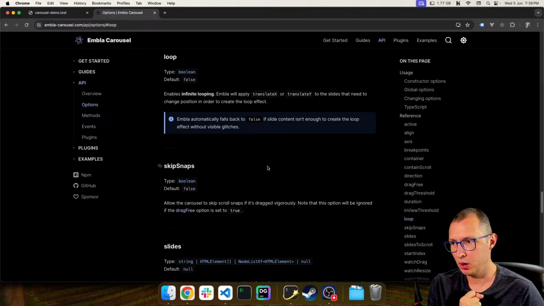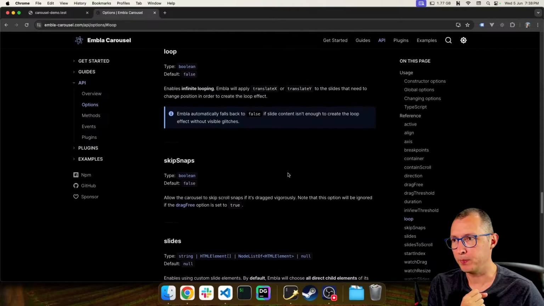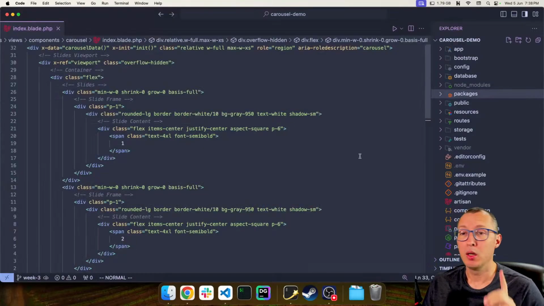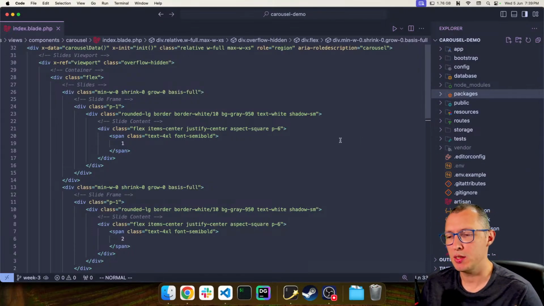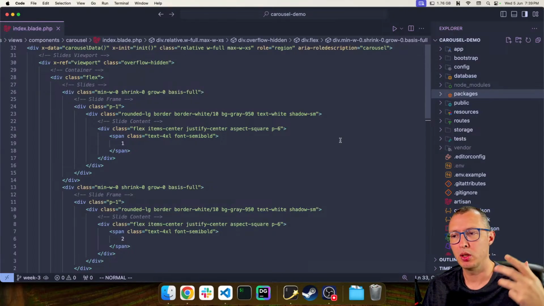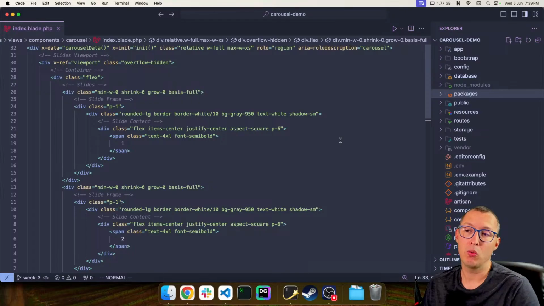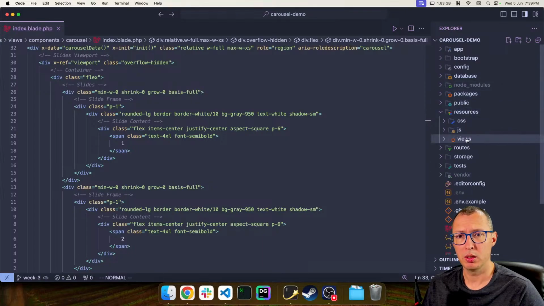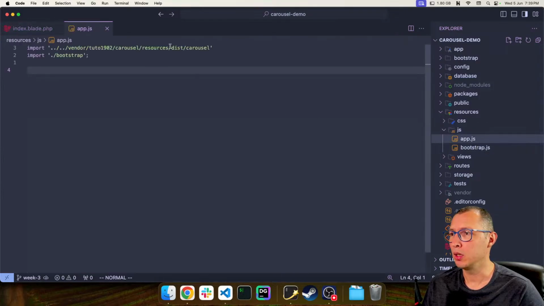First one is loop, which enables infinite looping on the Embla, and let me show you how that looks actually. Oh, before I do that, since I'm going to be making changes to the Carousel package JavaScript, and I don't want to be rebuilding that every time, because right now in the demo project I am including the dist file, which is the compiled file, and I don't want to be compiling it all the time,